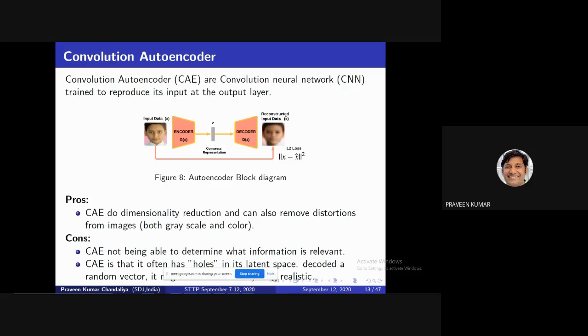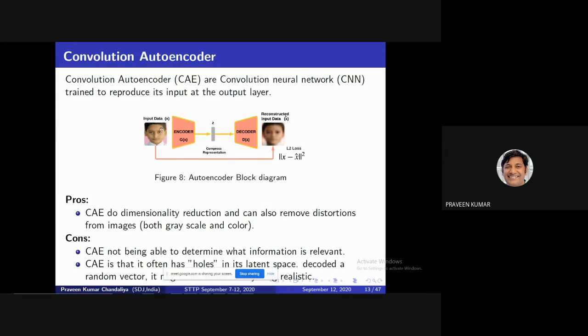Then the next concept is the convolutional autoencoder. I am not focusing on the plain autoencoder because it is based on fully connected layers, and the fully connected layers' results are blurry. To overcome this limitation, I have replaced the fully connected layers with convolution layers. Convolution means a filter size, stride, and padding size are present. There are three main terms used in a convolutional autoencoder. First is the encoder. What is the encoder?